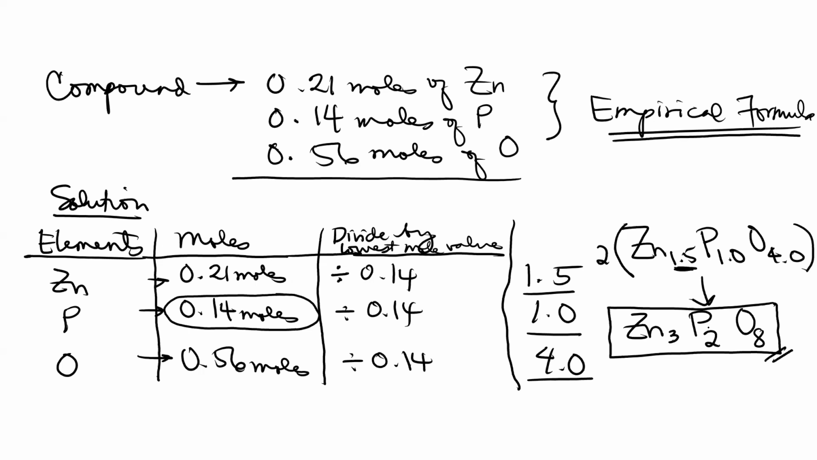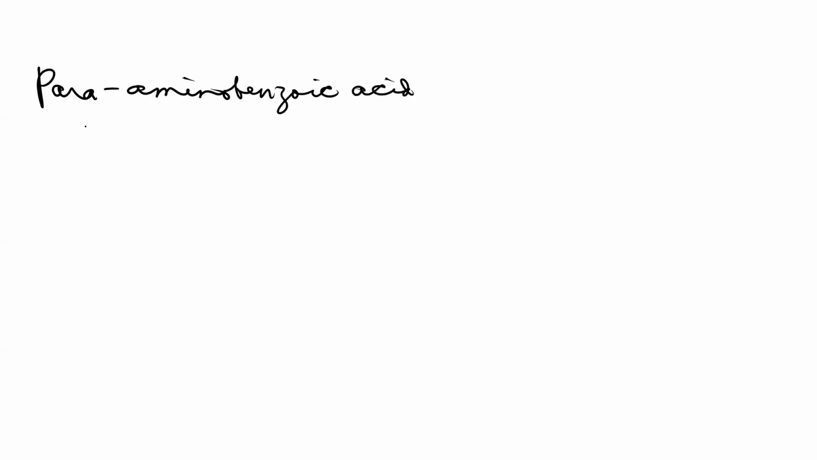your question, right? So at this point, let's try another example. What if this time we're given the masses of the elements? So for example, we have para-aminobenzoic acid, right? Which is found in your bottles of sunscreens, is composed of